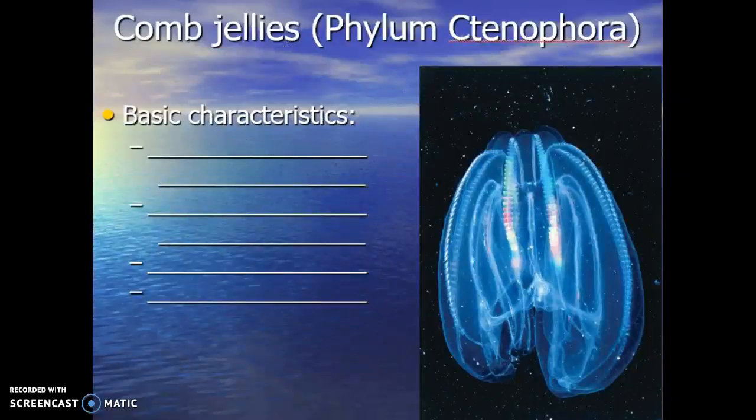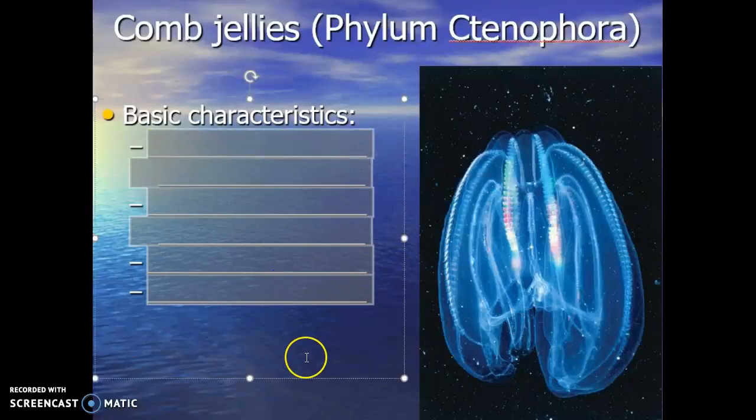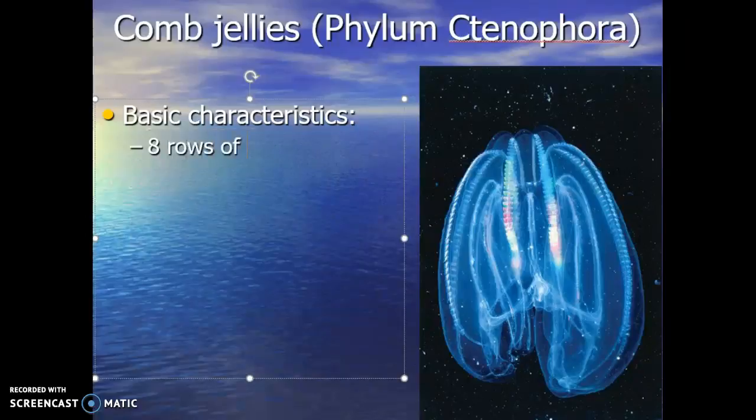So the next phylum to talk about is this really neat, kind of weird phylum called Ctenophora. Now, Ctenophora superficially resemble the jellyfish and the Cnidarians, but these guys do not have the cnidocytes. They do not have the guns. Instead, what they have are these rows of ciliary combs. So, 8 rows of ciliary combs